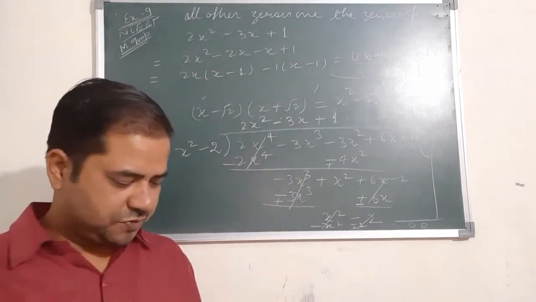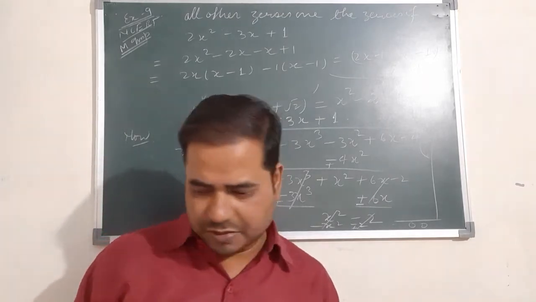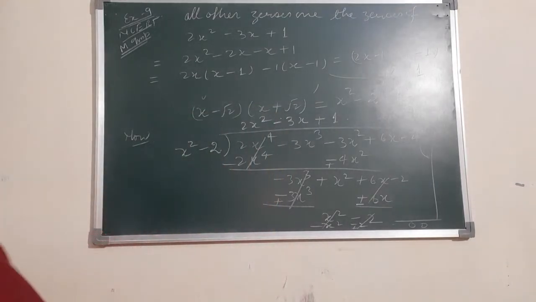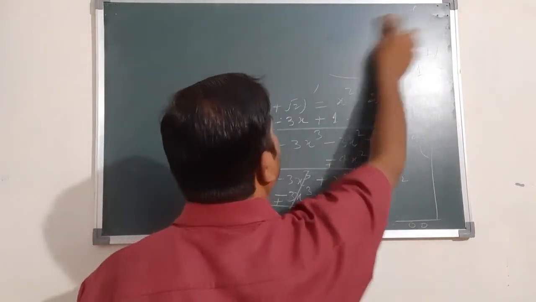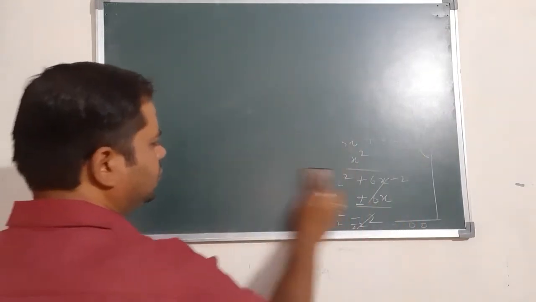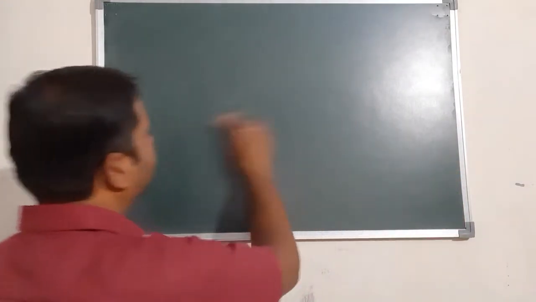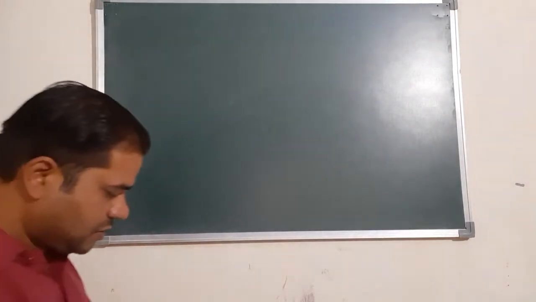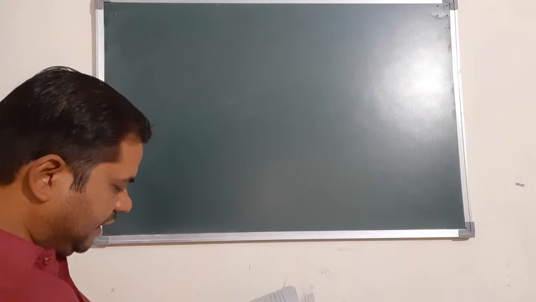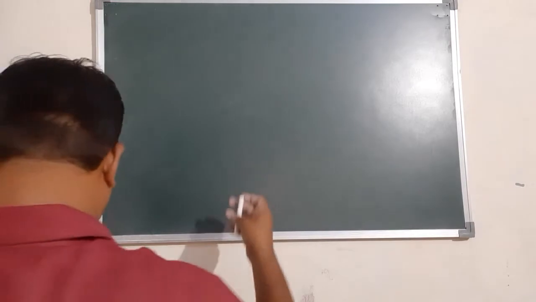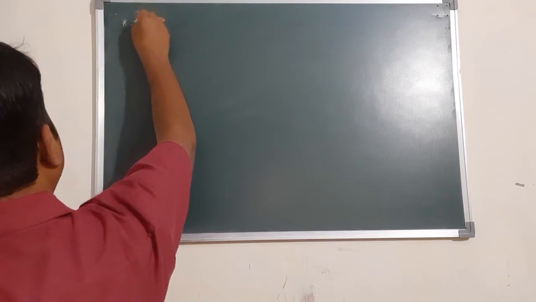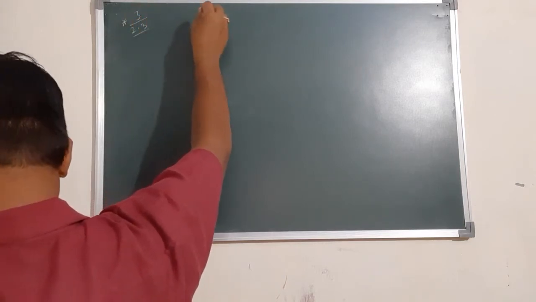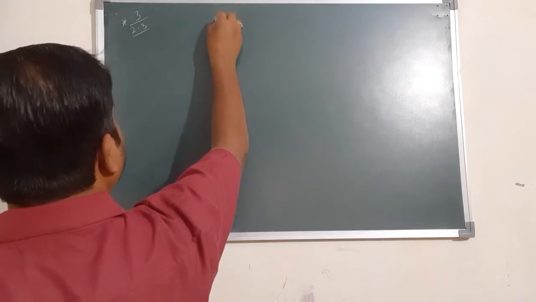Okay, now next question is from exercise 2.3, question number 3. Obtain all zeros of the polynomial. Question number 3 from 2.3, obtain all zeros of the polynomial 3x power 4